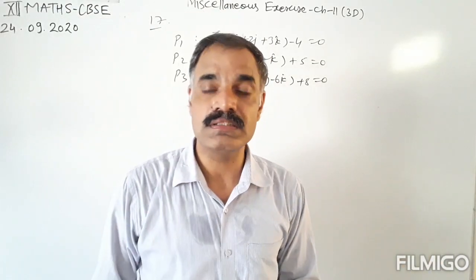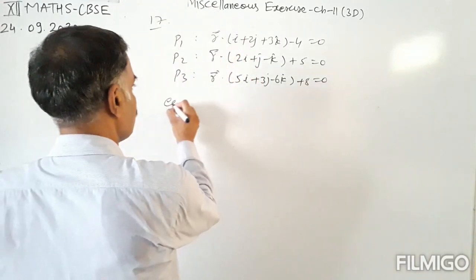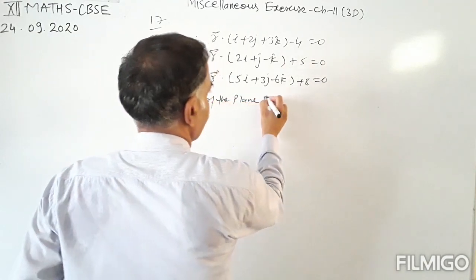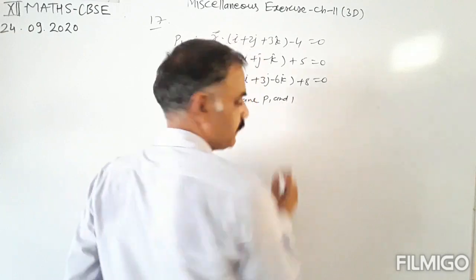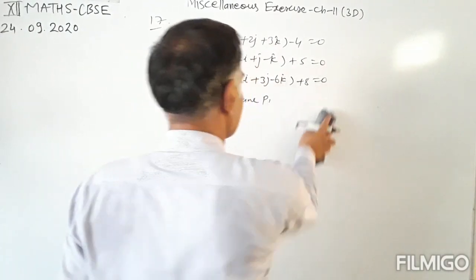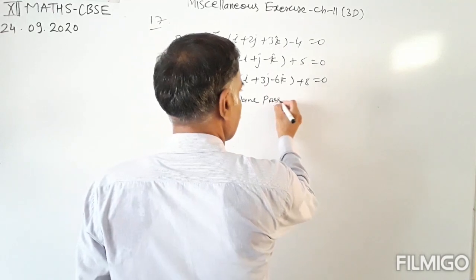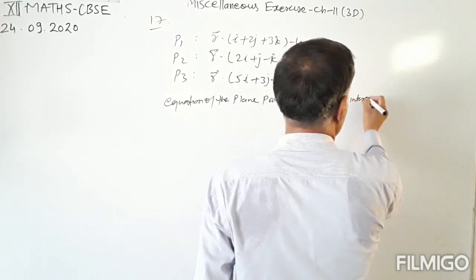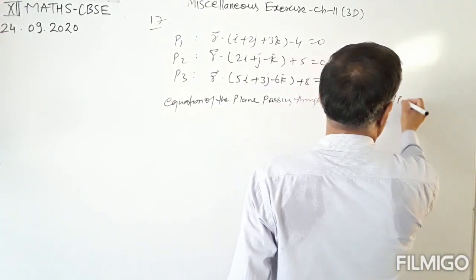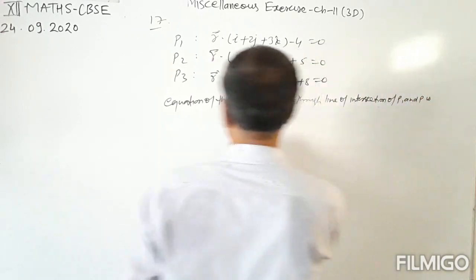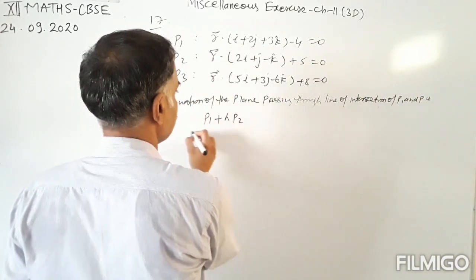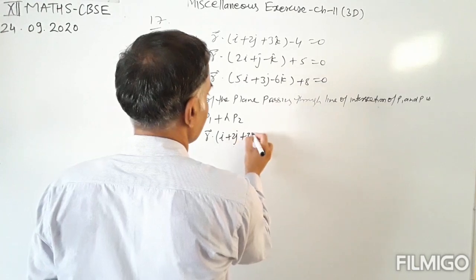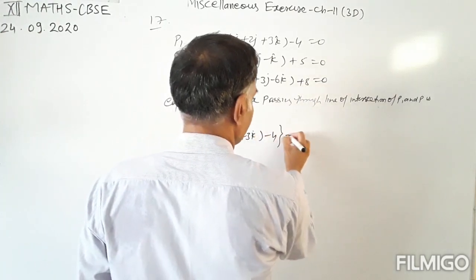Through the line of intersection of the plane P1 and P2. So the equation of the plane passing through the line of intersection of P1 and P2 is P1 plus lambda P2 equals 0. So P1 plus lambda P2 means r vector dot (i cap plus 2j cap plus 3k cap) minus 4 plus lambda